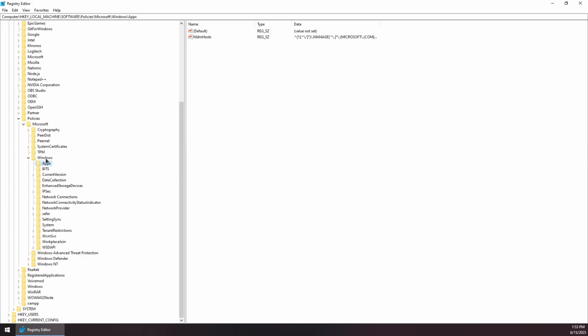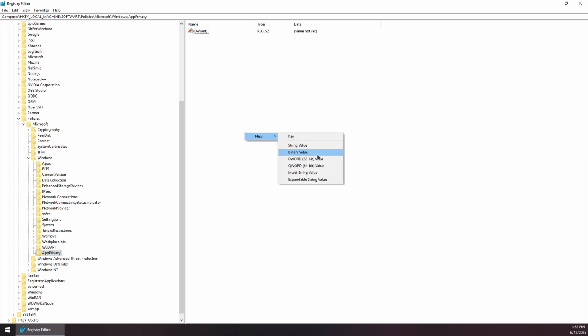So under the Windows folder, you want to right click and click New and then Key and then call this AppPrivacy like this. Press enter and then you want to right click while selecting this AppPrivacy folder, right click on the right side, New, and then DWORD 32-bit Value. And then you want to call this